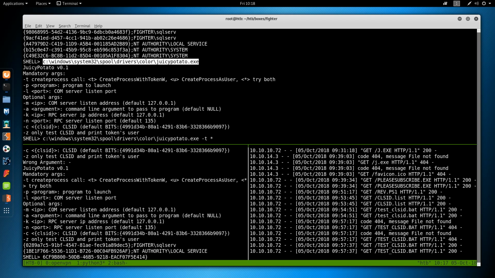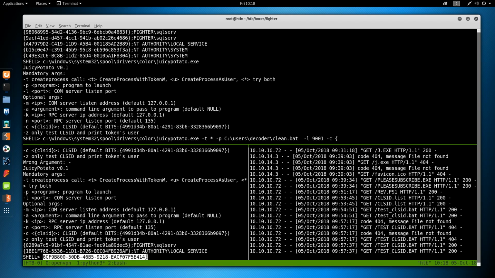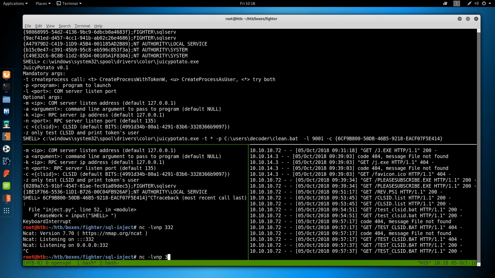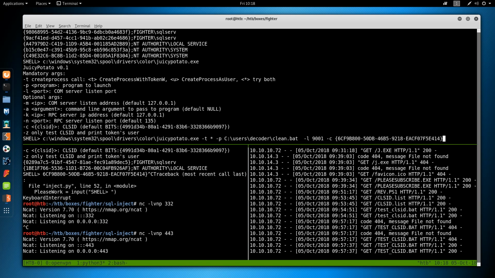We want to call both with -t *, try both. -p program, we're going to do C:\users\decoder\clean.bat, because we know this will return a shell. The next one is a port to listen on, 9001, because why not? -c, CLSID, we can see the default is BITS there, but we're doing this one, which who knows what this is. And the last thing we want to make sure is we listen on 443. Okay, run this,